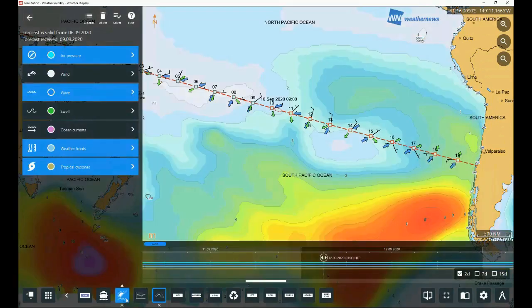That is also automatically transferred to the vessel from WNI to NAVTOR and to your NavStation. So this will update automatically, and you'll just get a notification that you have received a new weather forecast. So you now can see, if I click now on the 13th,